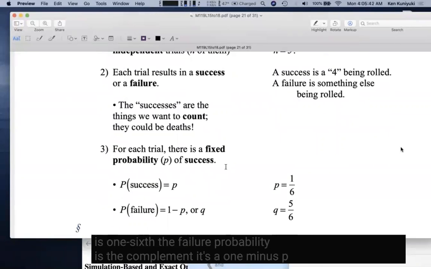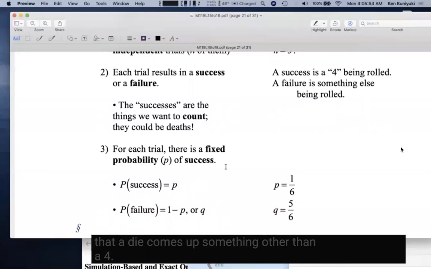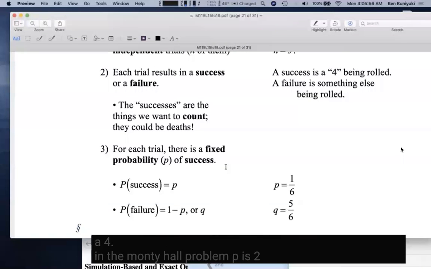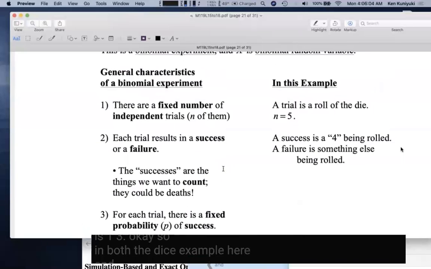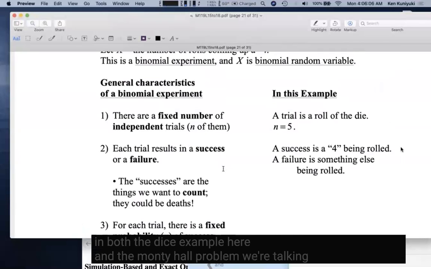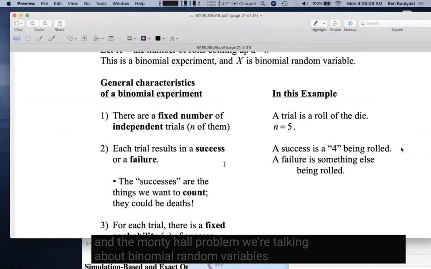It's 1 minus P, or what we call Q, the failure probability. Q is 1 minus 1/6, or 5/6. It's the probability that a die comes up something other than a 4. In the Monty Hall problem, P is 2/3 and Q is 1/3. Okay, so in both the dice example here and the Monty Hall problem, we're talking about binomial random variables, X,